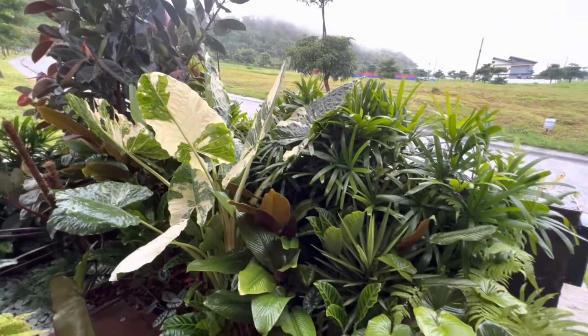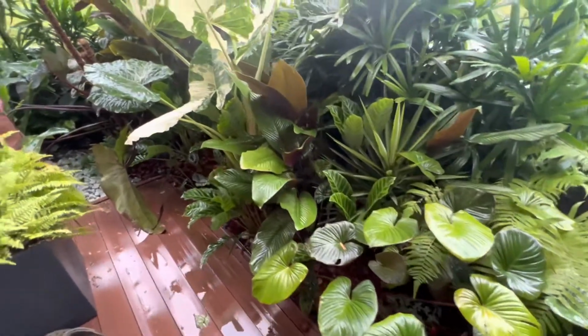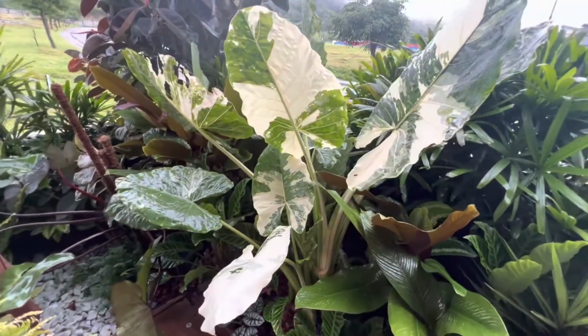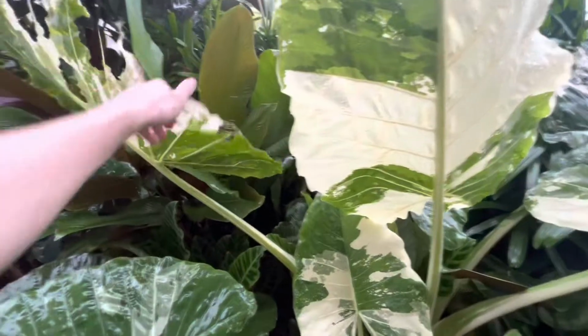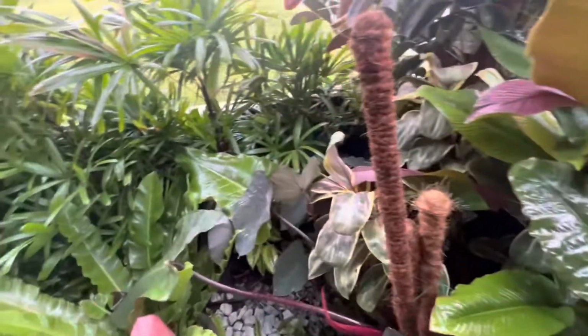So there was a typhoon that came past last night. I think it was called Karding. We don't often get hit by typhoons here in this area. It had been over land for a while before getting here, so it wasn't as strong, but it still made a bit of damage. So not so bad here at the front, but around the back we've got quite a